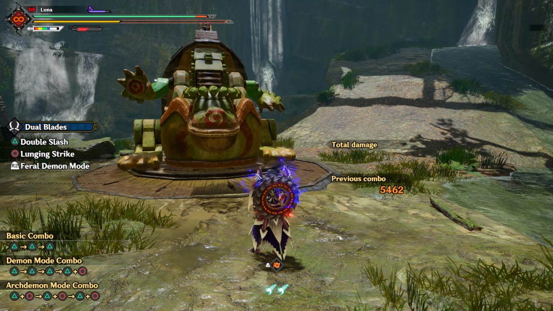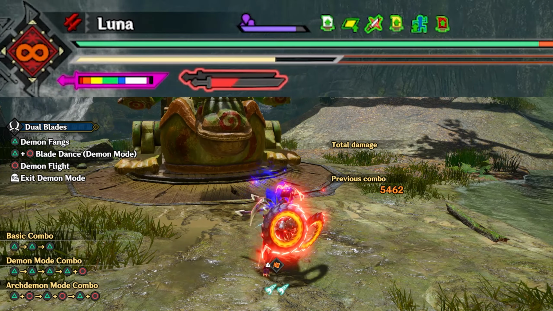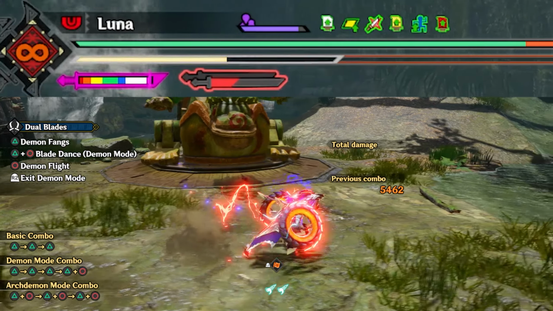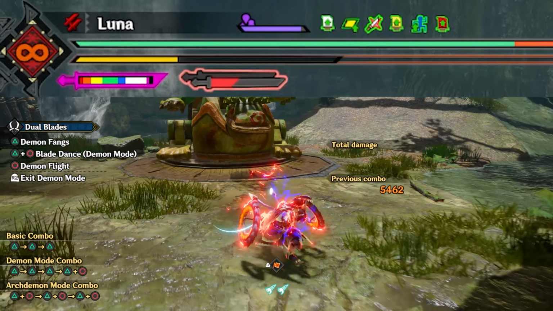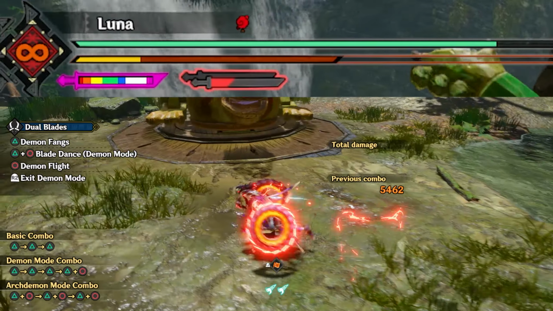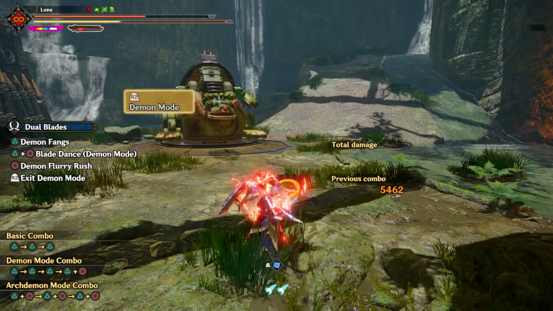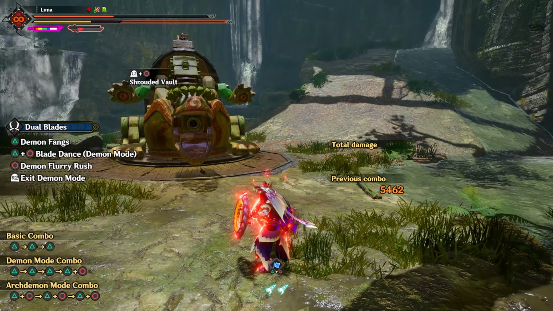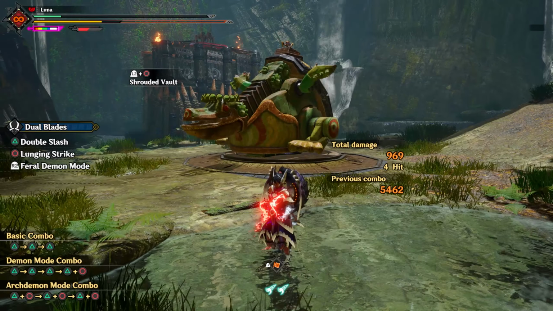Let me explain more. Iron Shine Silk, it's a move that when used, you're gonna do this little animation that is gonna restore a little bit of sharpness, and it's gonna leave you with these white particles around your hands. This symbolizes a buff that lasts for 2 minutes, and what this buff does is that if you evade through an attack, you recover some sharpness. On the other hand, our other Silk Bind move, Shrouded Vault, is a counter